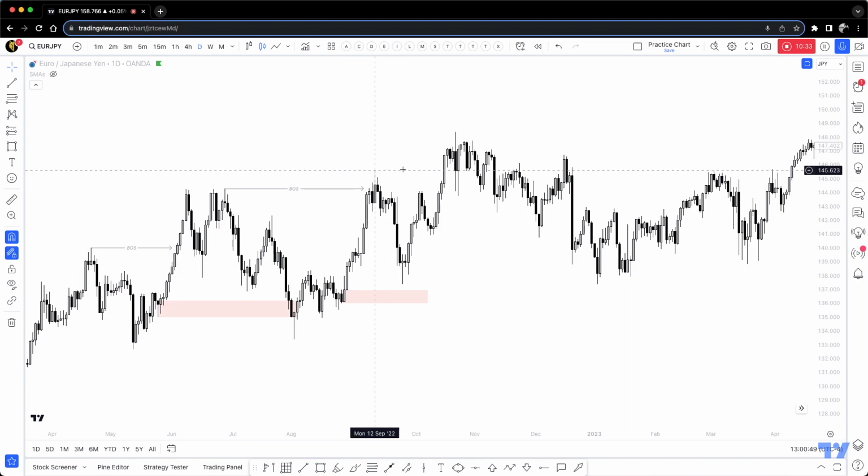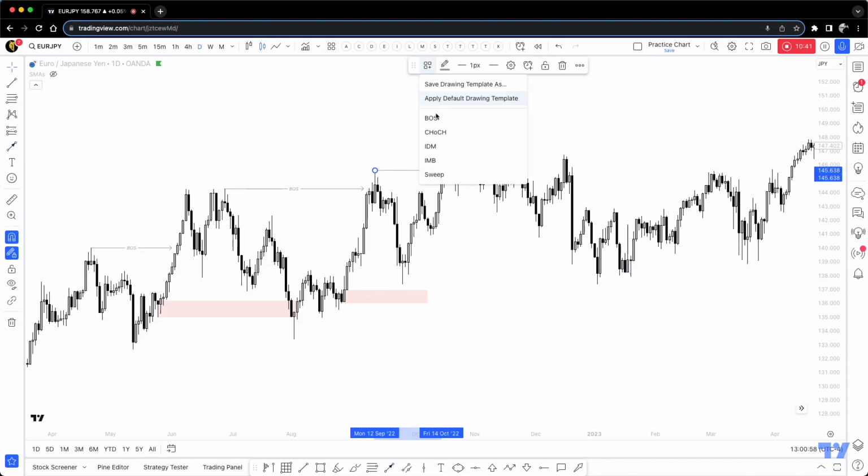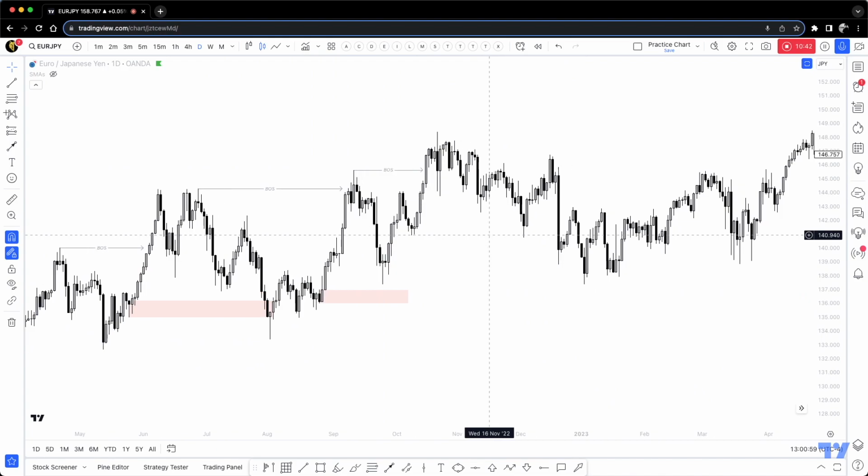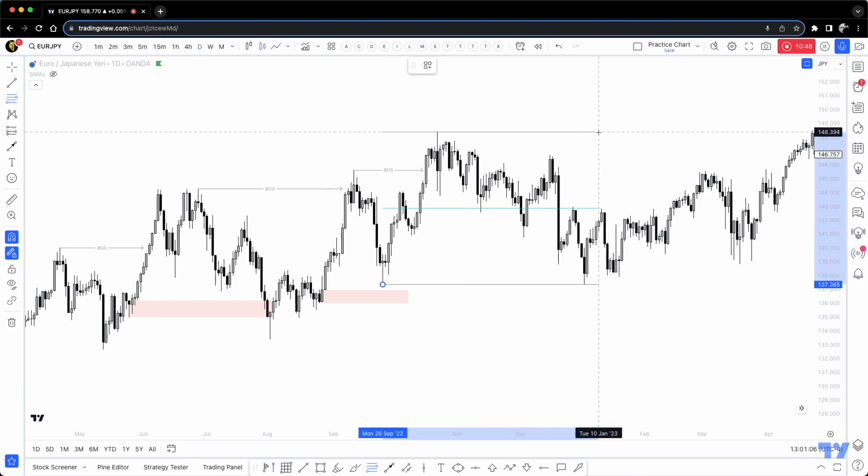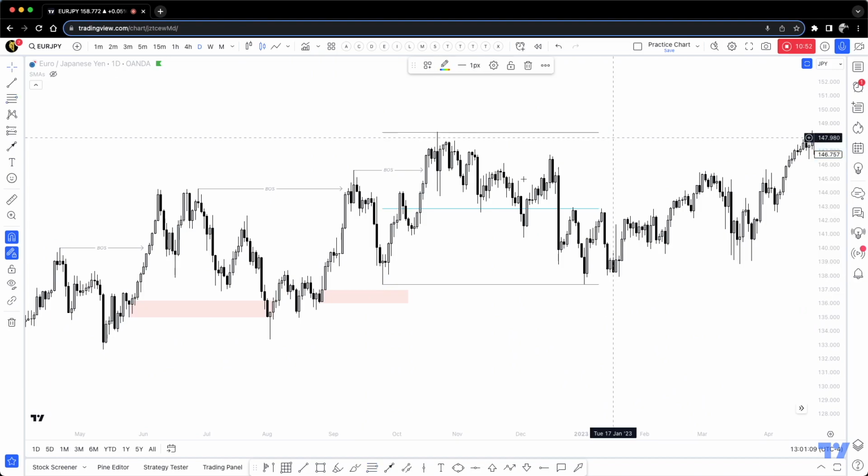Okay. So what do we do now? We do have another break, right? Price recently broke another structure. We have another BOS, right? Now in this case, again, what do we do? We use the fib from the low to the high, right here. We simply wait for price to be at the discount, right?